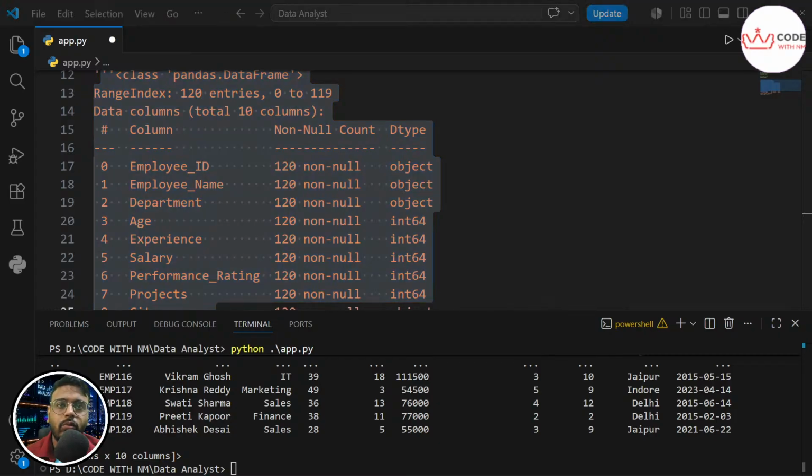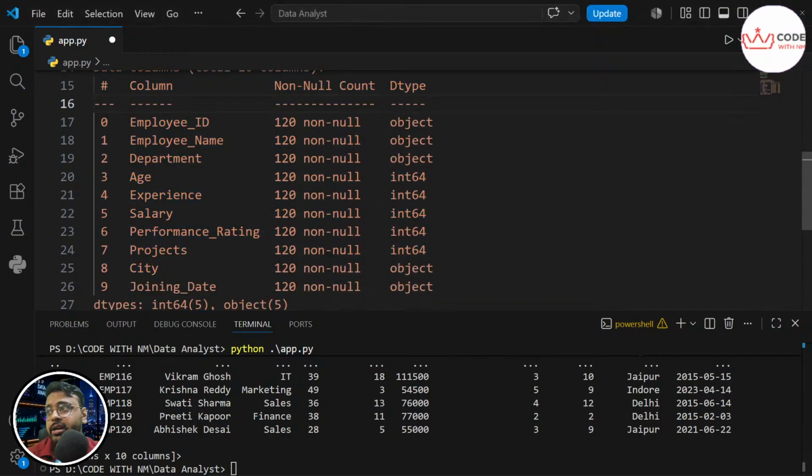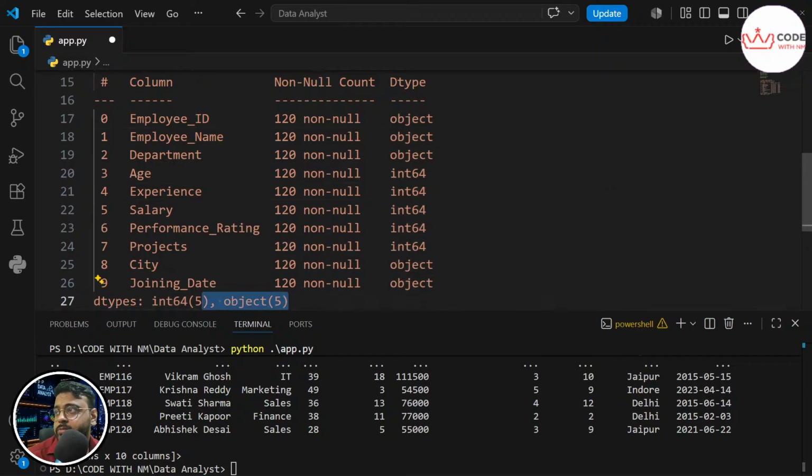So this is the single most important command for spotting data quality. Why? Because we know what type of data we are dealing with: int and object, how many int, how many object, and whether there is a null value or not. So if there is an issue, we can see it here in one go. It instantly tells you the data type of each column and, for critical columns, whether any values are missing, such as a column with fewer non-null entries than the total row count. For example, in our case it's clean data, but if there are missing values or other arbitrary values, it will show something else over here, which we will see in part 2, the next live.